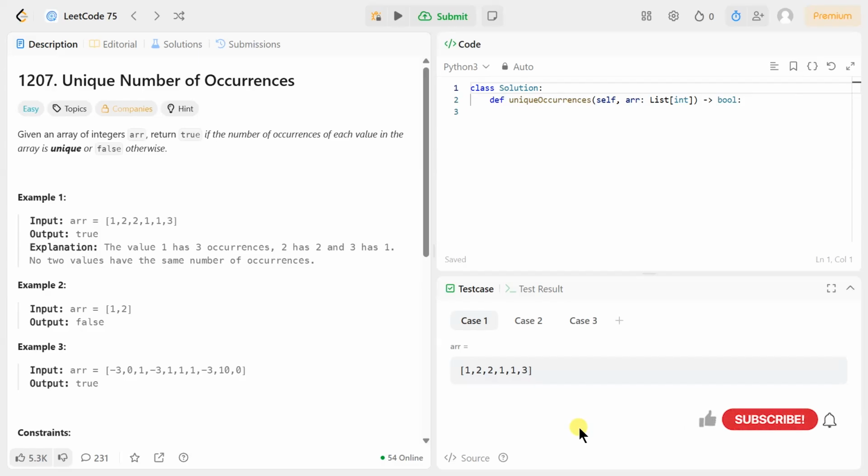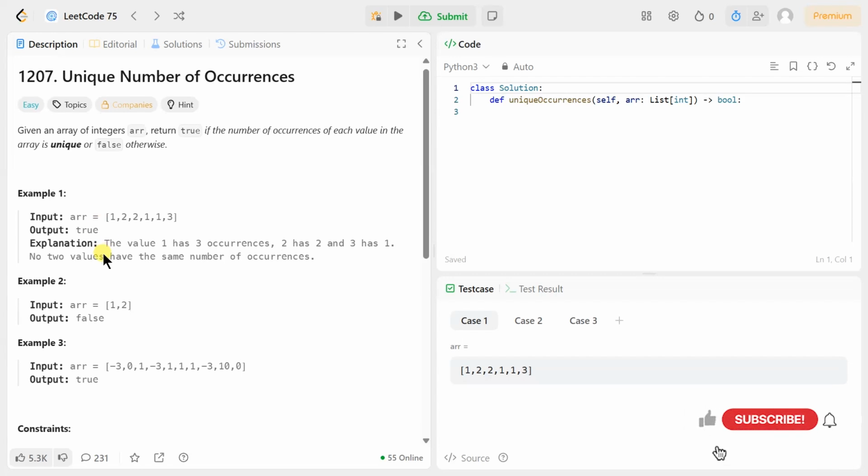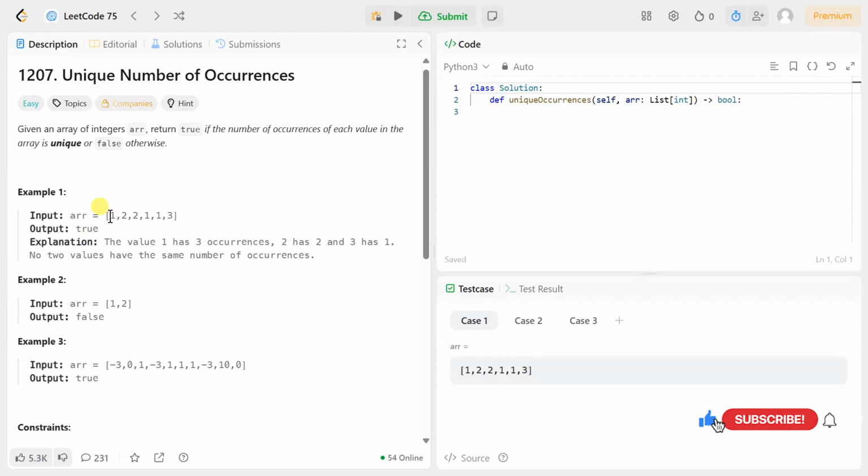And now coming back to our problem, we have been given an array called arr and it contains some numbers, and our task here is to return true if the number of occurrences of each value is unique, otherwise we will return false. For example, we can see here that our array contains 1 2 2 1 1 3, and